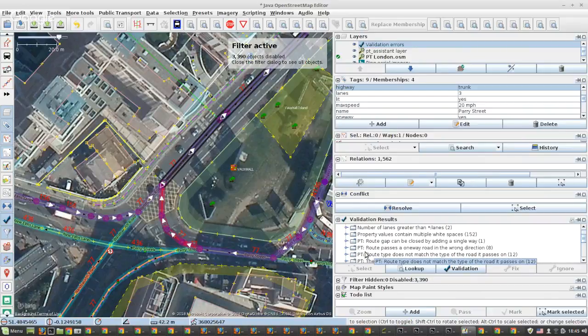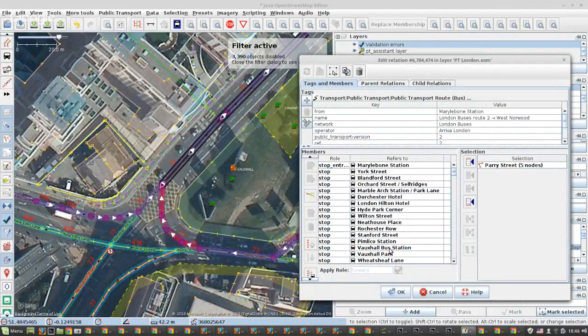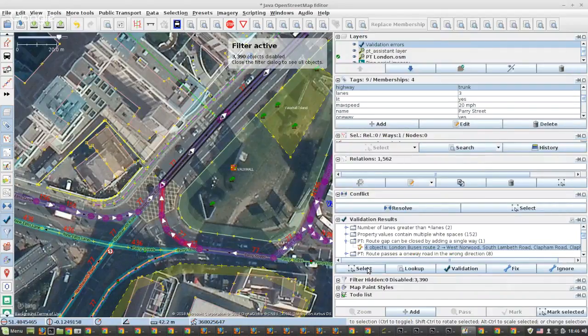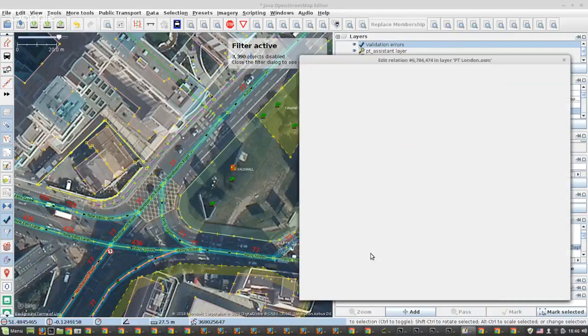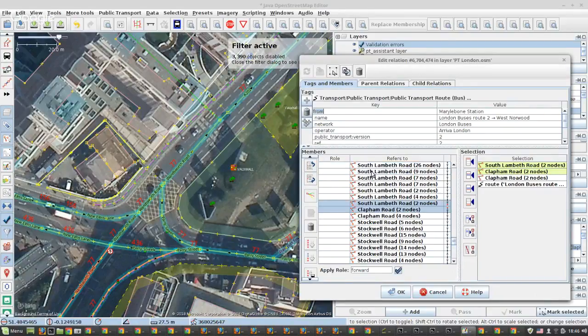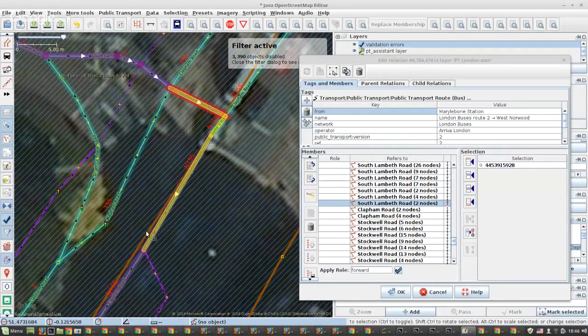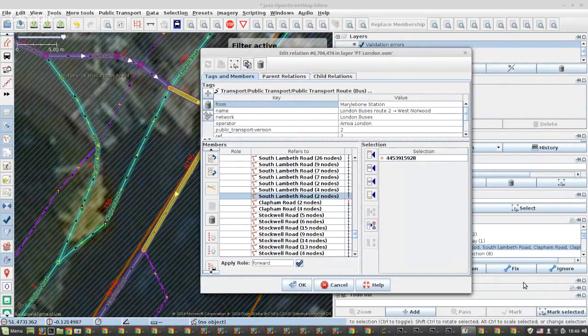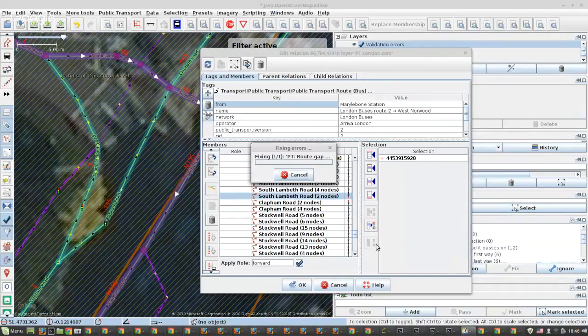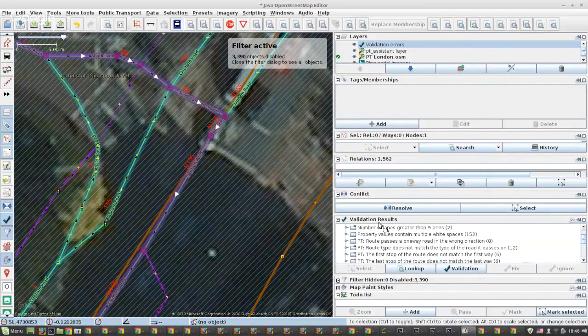So let's have a look. Can be closed by adding a single way. Normally, you can simply do this as a fix, but I'm going to. Yeah, sorry. I should have selected it first and then edited the relation. Then I'm at the right spot right away. Now I can zoom to this place. And then what the validator is going to do is usually marked in yellow here. And in this case, it's fine. So we can simply press the fix button. Usually that should be safe, but sometimes it might add a way going against one-way